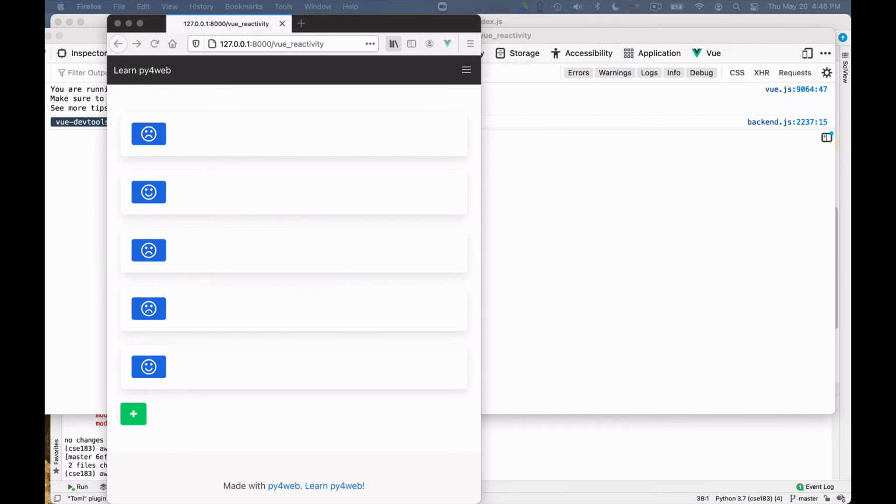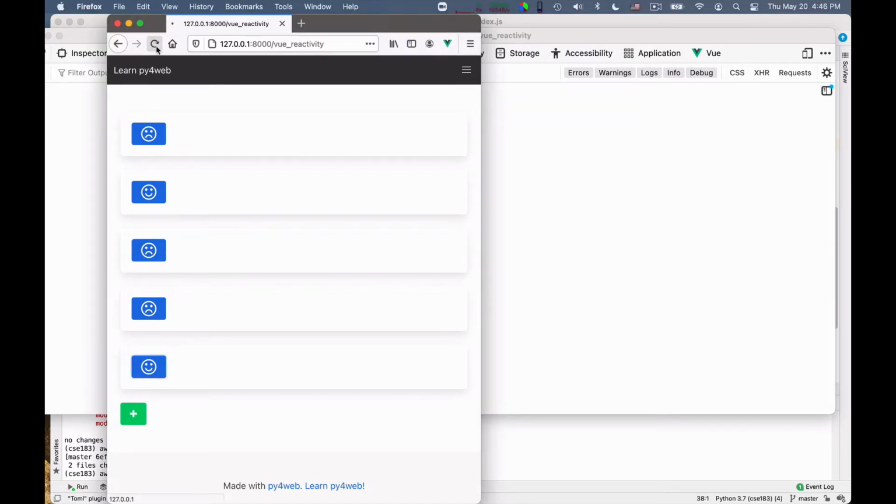In this video, I want to talk about reactivity, and I want to talk precisely about the mechanism that Vue uses to keep the HTML in sync with the JavaScript, and more particularly, how to debug when things don't work in that mechanism, when you see changes in the JavaScript that are not reflected in the HTML, or perhaps vice versa. So here is a very simple app I built.